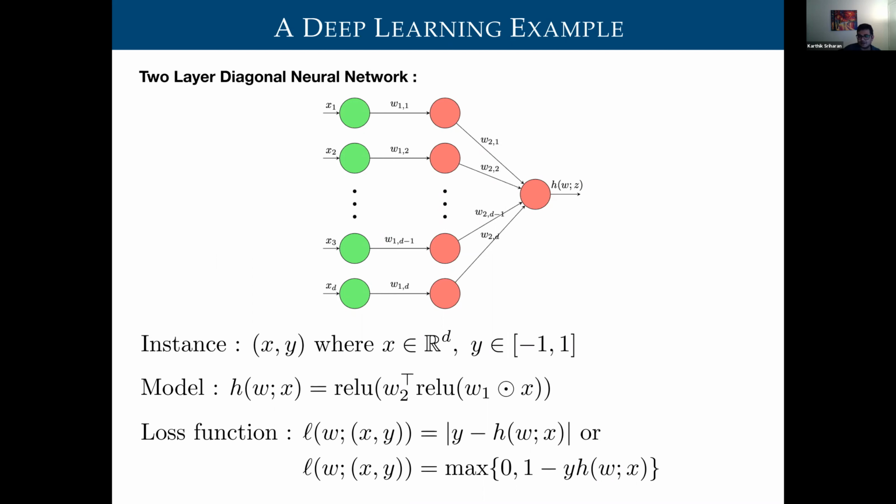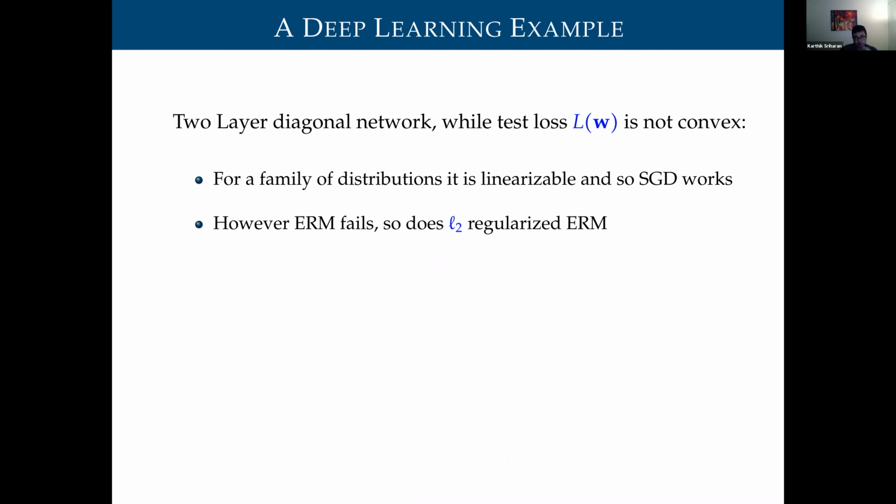I'm sure other losses will also work, but let's just stick to one of these. And basically what you can show is that for such a diagonal network, while test loss, okay. So first of all, I should mention that for these diagonal networks, it's very rare that